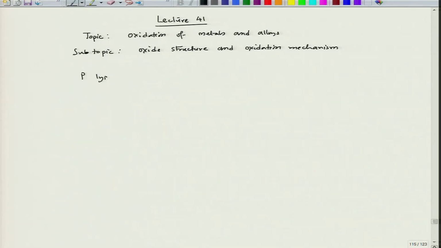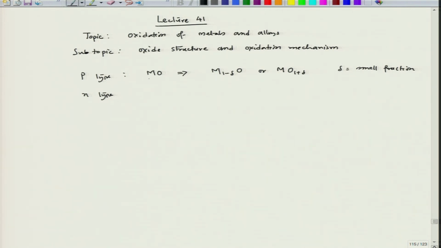So, there could be two oxides, one is p type, another one is n type, and in the p type there could be two situations. If this is the metal oxide, it could be M1 minus delta O or M1 plus delta O, and delta is a small fraction